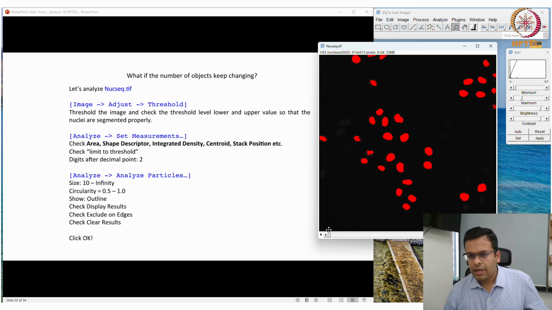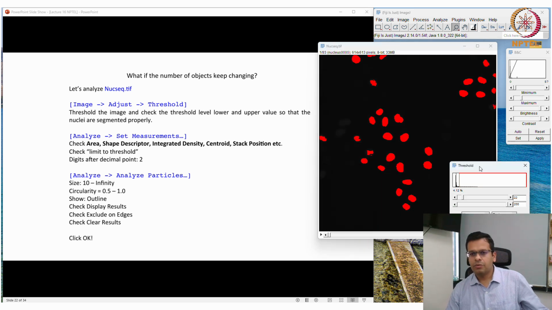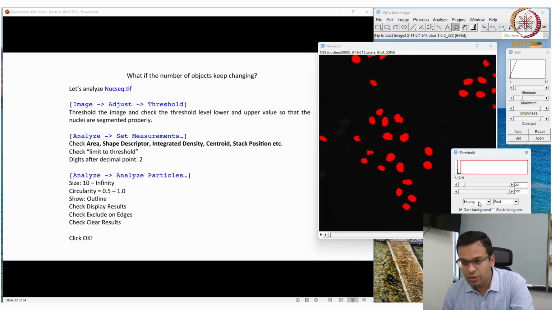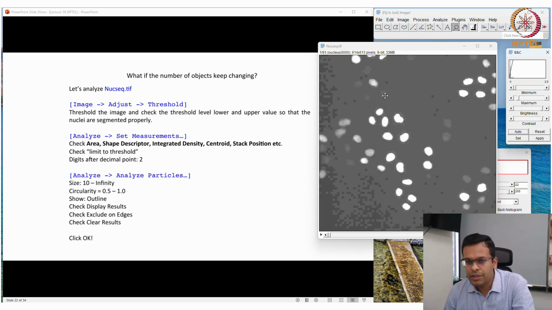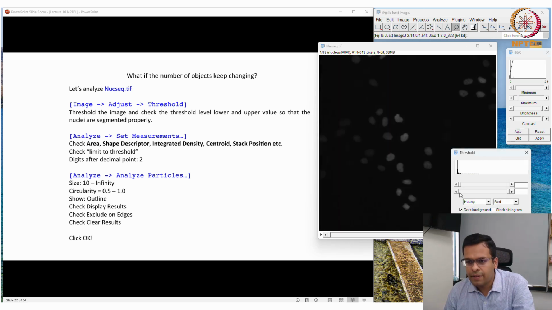Now I have to select the best thresholding algorithm so that the software can automatically detect the nuclei. I will increase the intensity like this, and then I can try different algorithms.